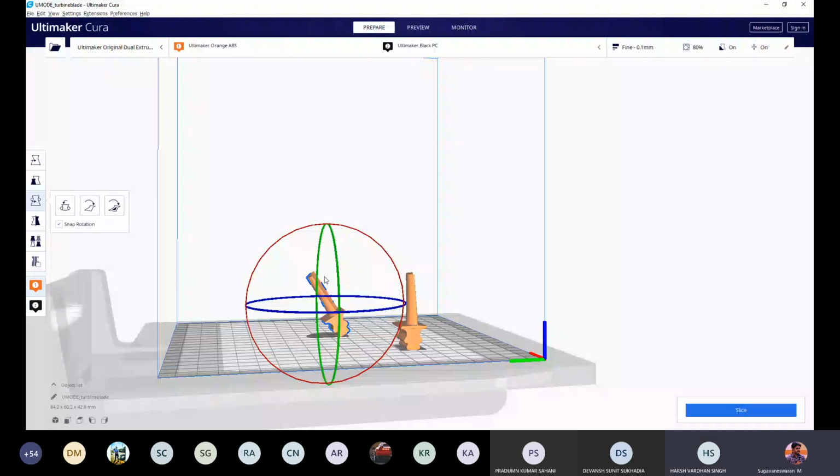So have you completed the rotation process? Sir, can you please tell again how to rotate? Control Z. You select this model. Once you select it, on the left you can see the options. 5, 6 options are available. The third option is rotate. You have to select the third option, rotate. Have you found this rotate?